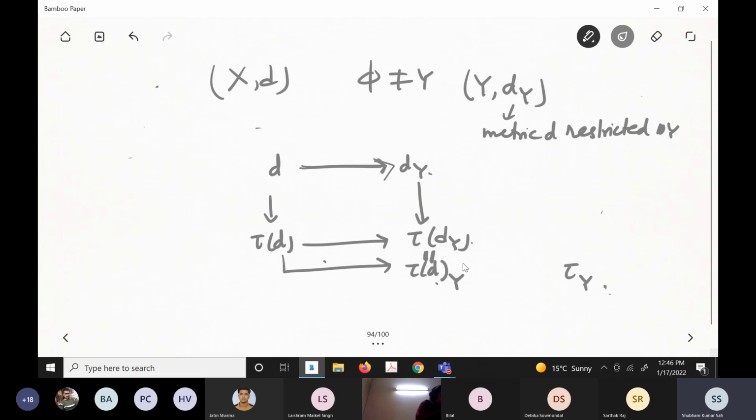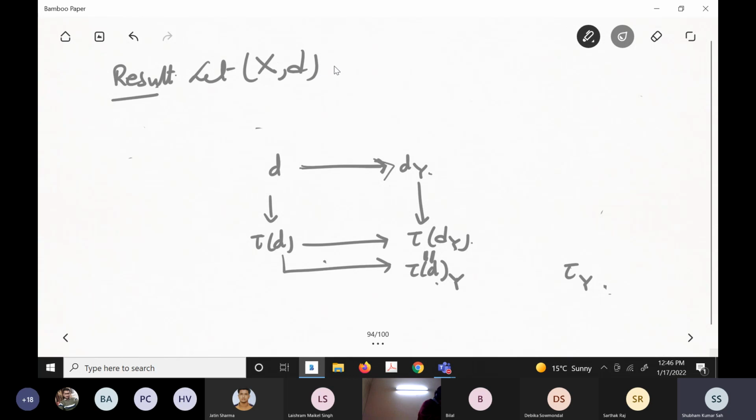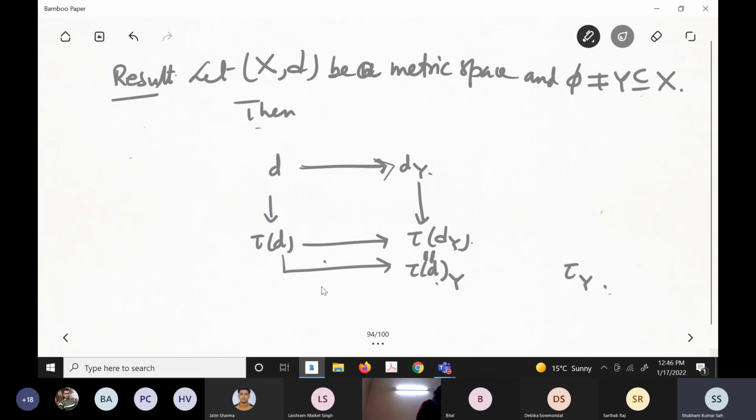Okay, so let me write it. I'm not erasing this one, the diagrams, the result. Let X be a metric space, and then this thing. I have explained the notation tau D Y equal to